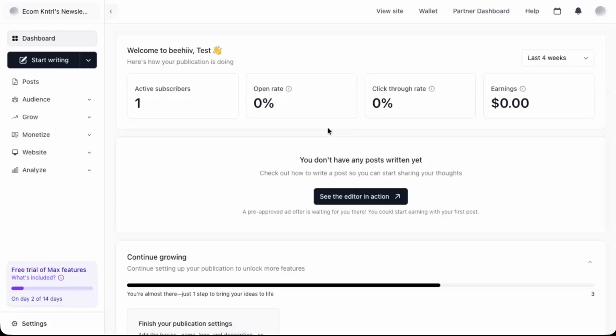First, open your browser and go to your Beehiiv dashboard. If you're not already signed in, log in with your usual account details. Once you're in, you should see your main dashboard, where Beehiiv shows an overview of your publication, your subscribers, and your recent performance. Take a moment to make sure you're in the correct workspace or publication if you manage more